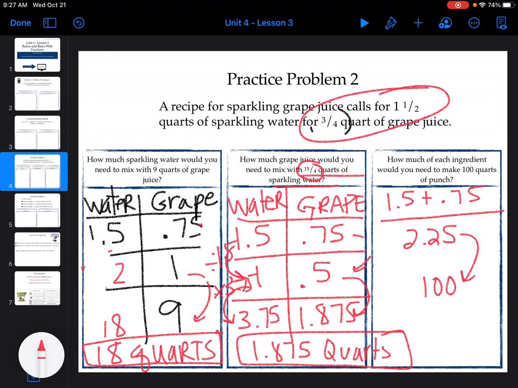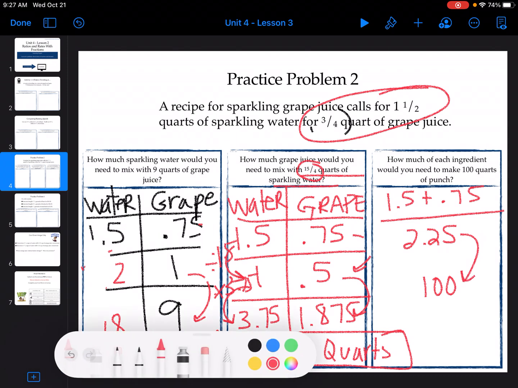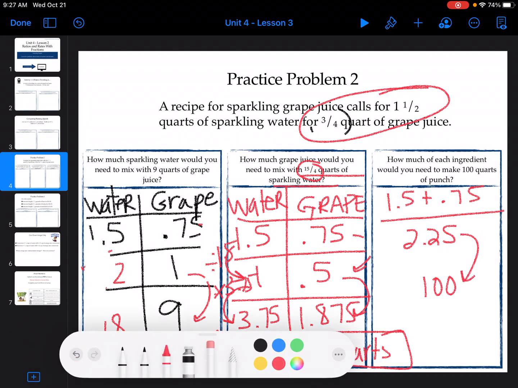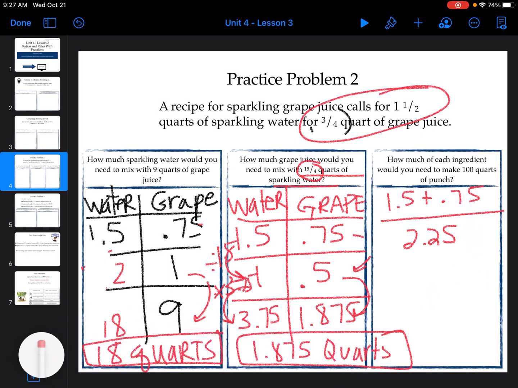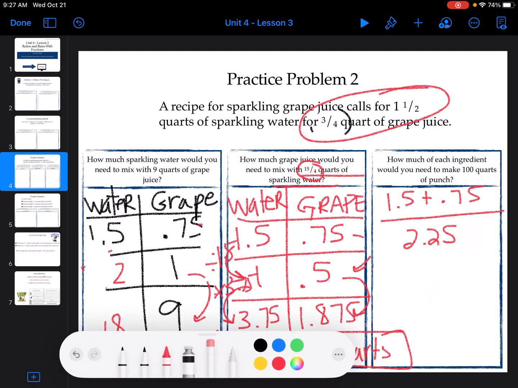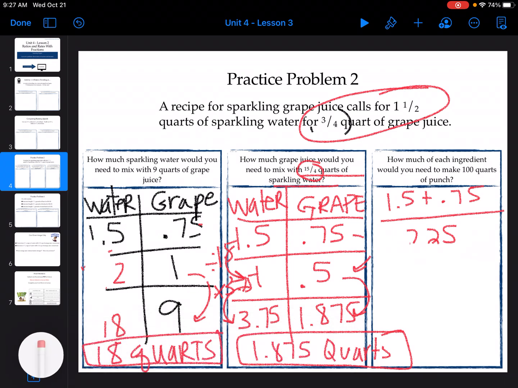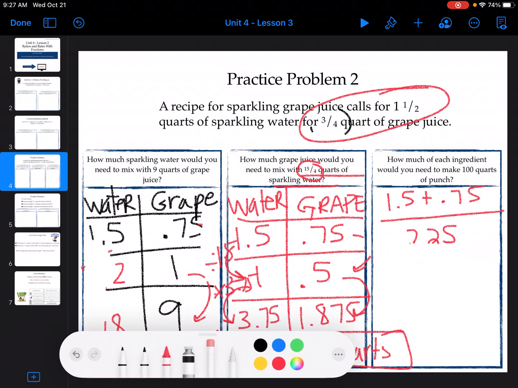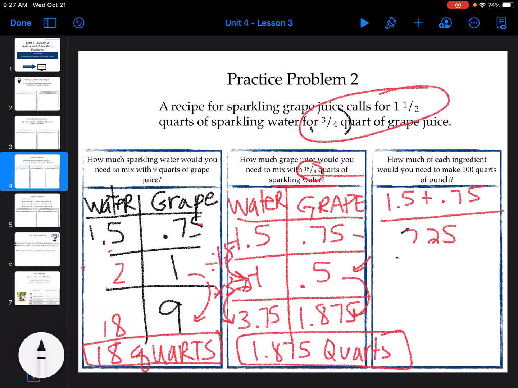So I'm going to multiply by, well, I'm going to have to go to 1 first, I guess. Got to find that unit rate first. So I'm going to go to 1. So I'm going to divide by 2.25. And then I'm going to